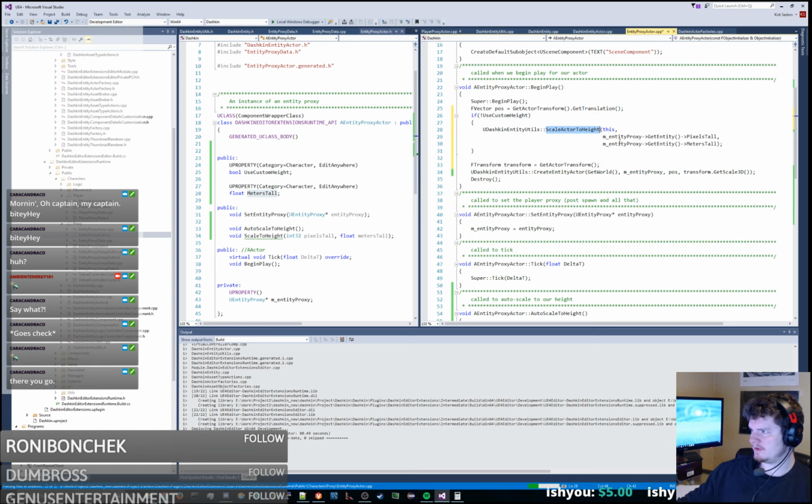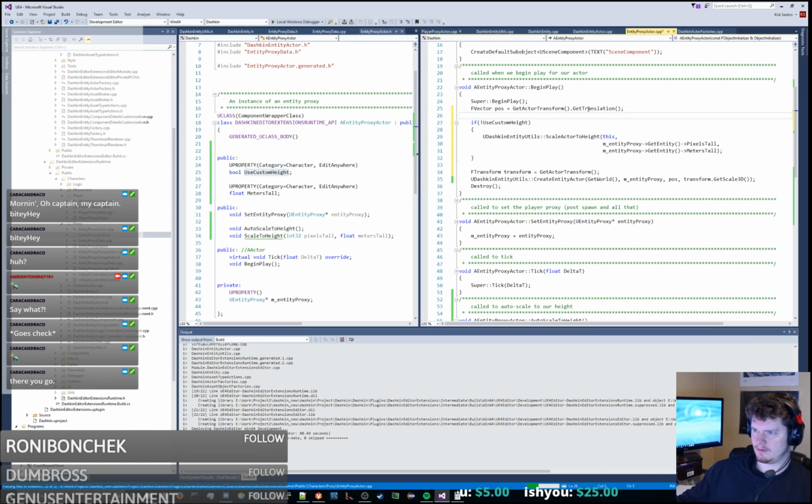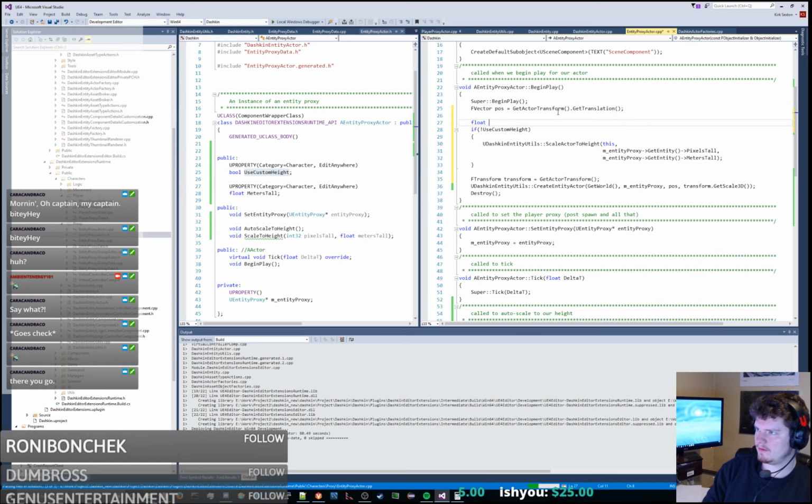We're going to compute it. So it doesn't matter if you scale this thing. It will never actually change the spawned actor's height. So if use custom height is set to, we should just do like float height equals,